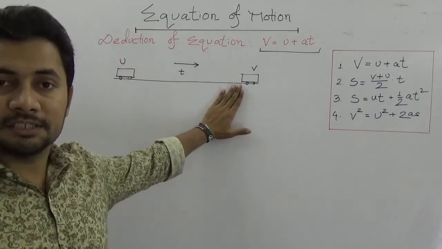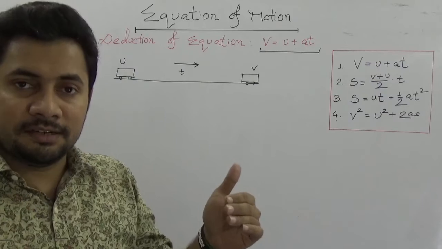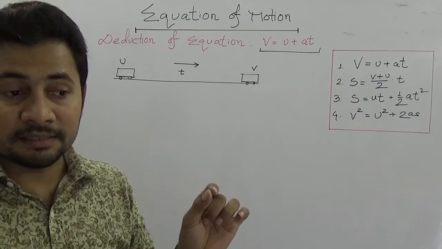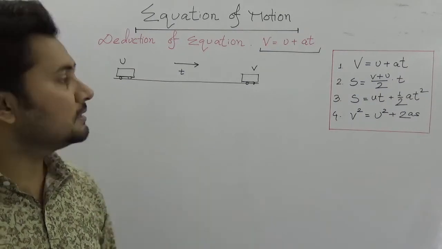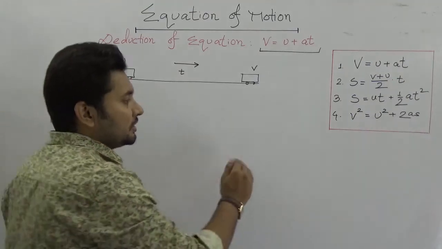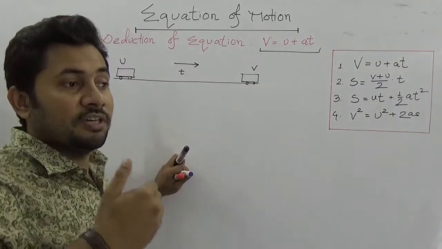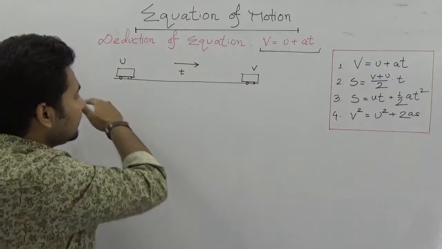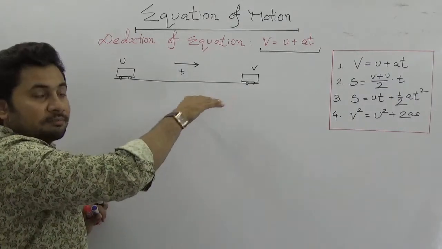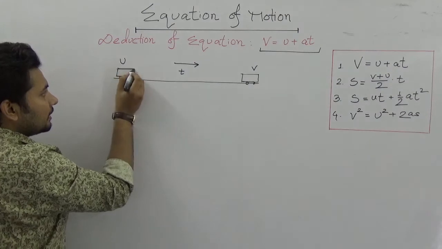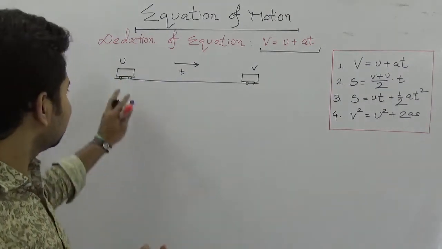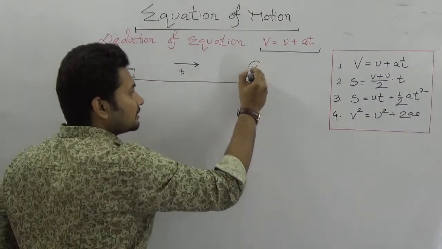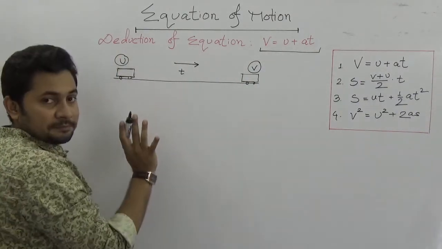a uniform acceleration. Uniform and non-uniform acceleration are typical terms for understanding the mathematics. Uniform acceleration means that at each and every moment the change of velocity is the same. The change of velocity would be similar, and then there is uniform acceleration. So if a body, or even a moving car, is moving with an initial velocity of u and achieves the velocity v in a time of t,